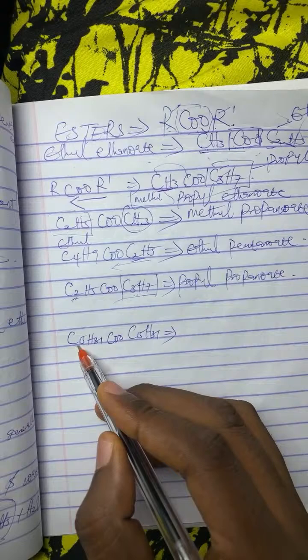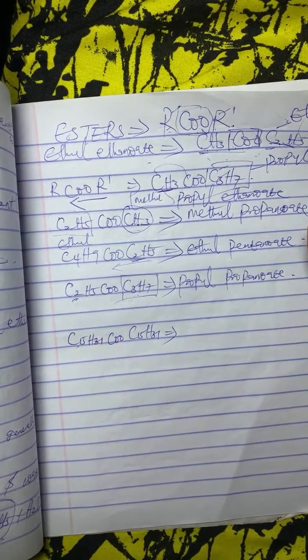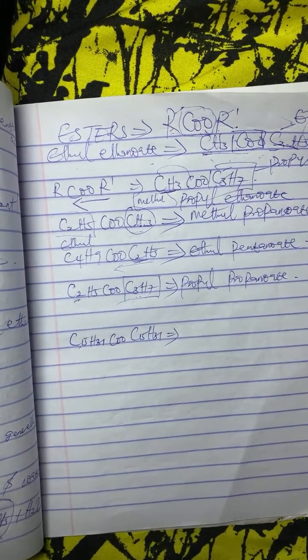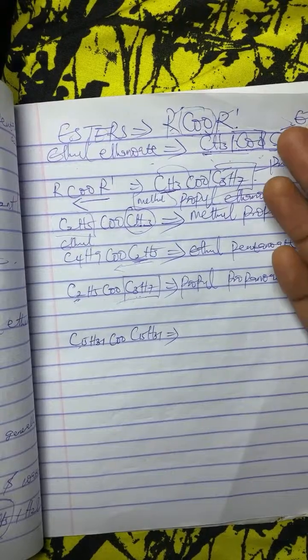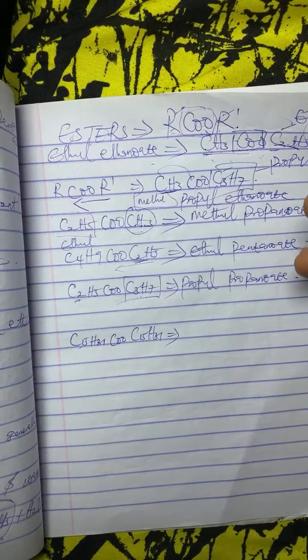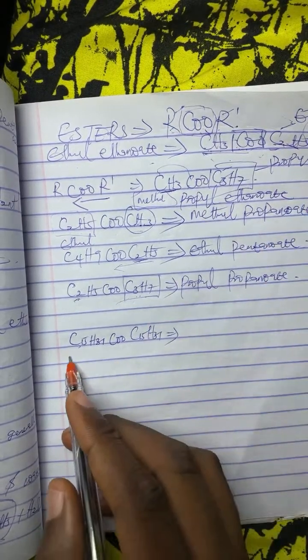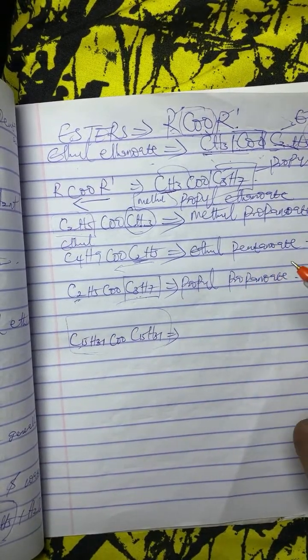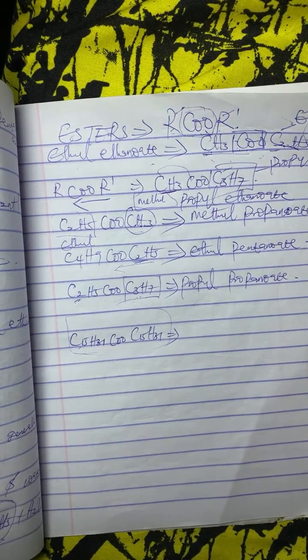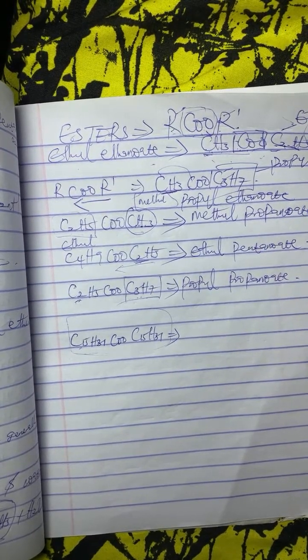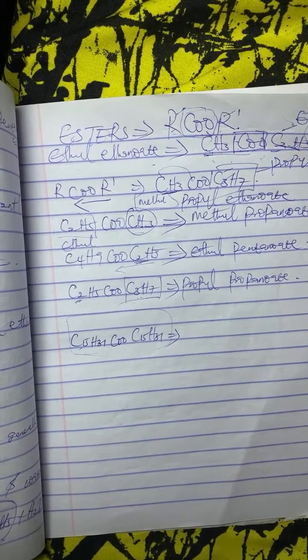In this situation, this is C15. Remember, I told you that 1 is methane. Let's count to 20 now. Let's go together. Methane, ethane, propane, butane, pentane. 6 is hexane. 7 is heptane. 8 is octane. 9 is nonane. 10 is decane. 11 is undecane. 12 is dodecane. 13 is tridecane. 14 is tetradecane. 15 is pentadecane, 16 is hexadecane, 17 is heptadecane, 18 is octadecane, 19 is nonadecane, 20 is